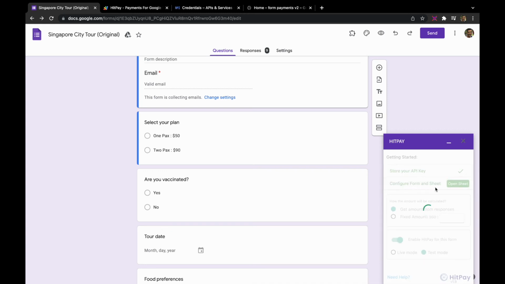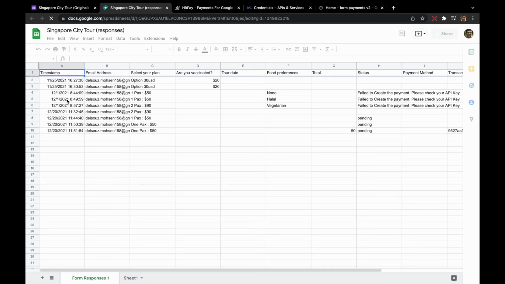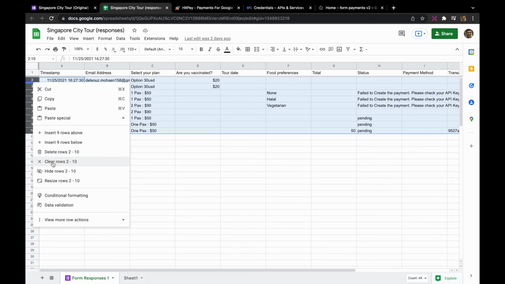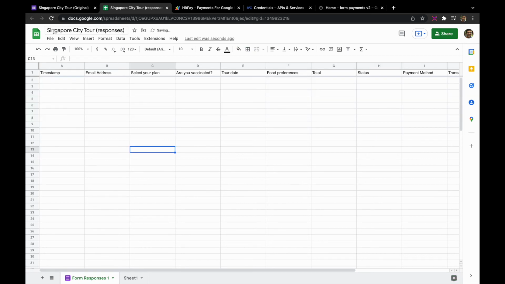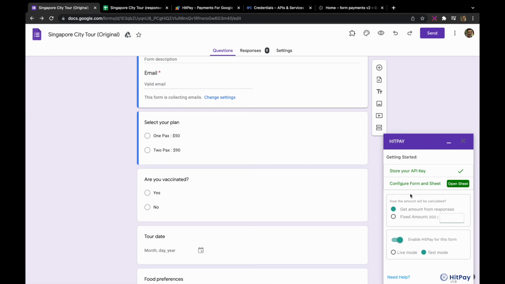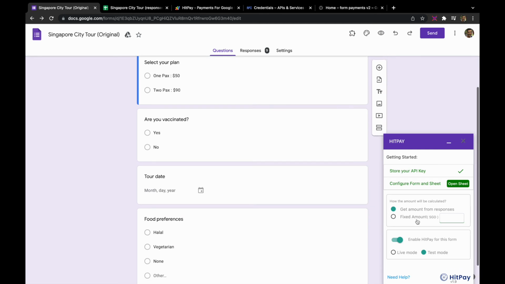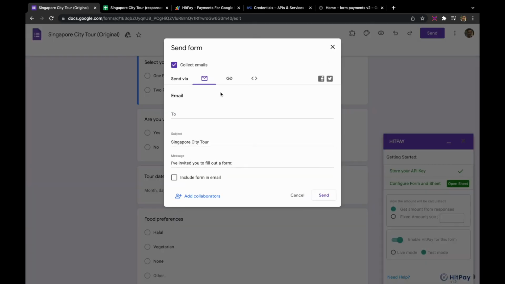If I click on configure form and sheet, it will create the sheet for me, and if I open the sheet here, there is some testing data. Let's just remove these, and so this is the sheet with the same name, which we use Drive for, and we can get the amount from the responses, and let's just test it in test mode, enable it, and if I click on send and get the link,